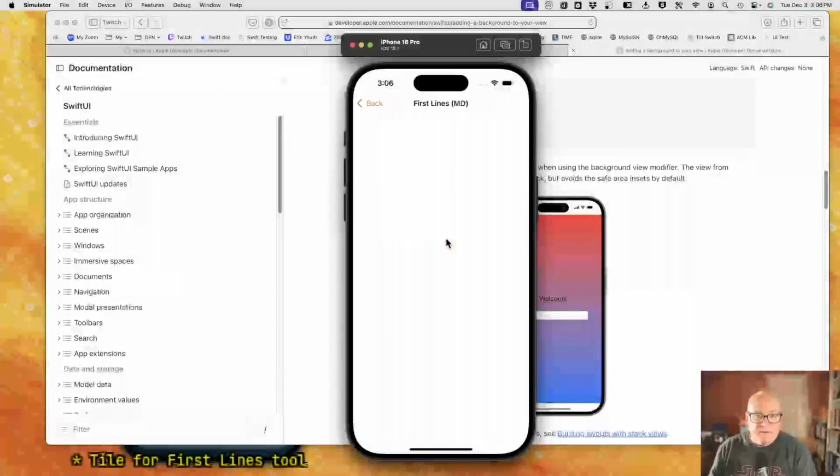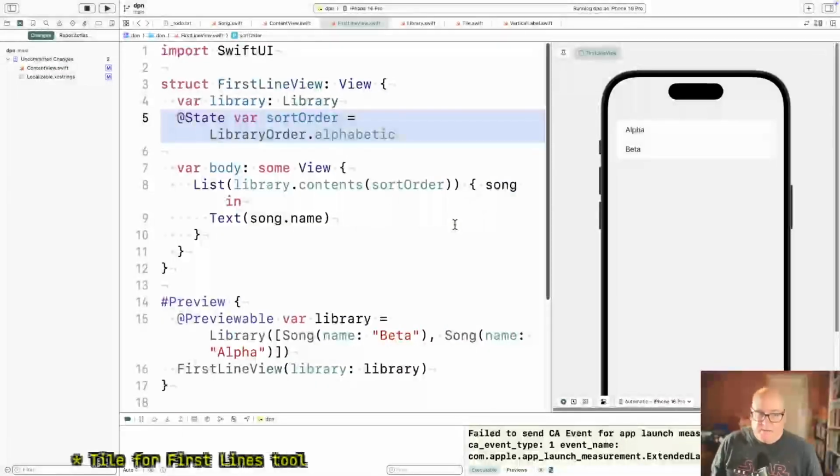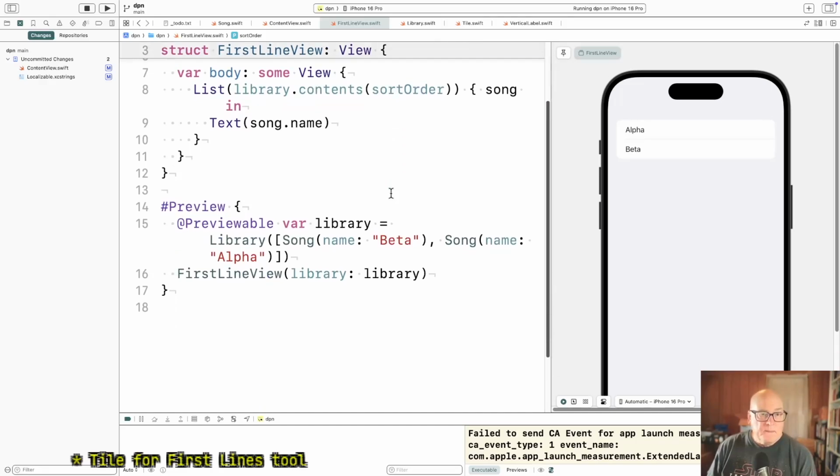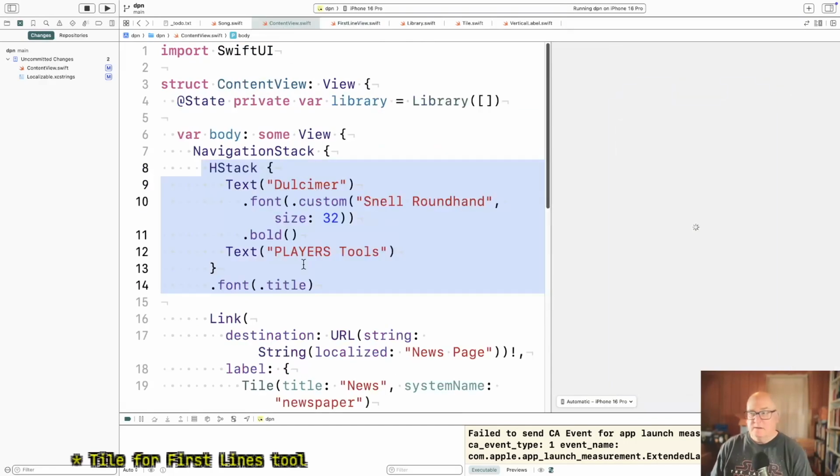This still looks okay. I guess the view is done for the moment. We get the view with the sort order alphabetic, which is the only one we support right now. And we got a couple songs. All right. So now,